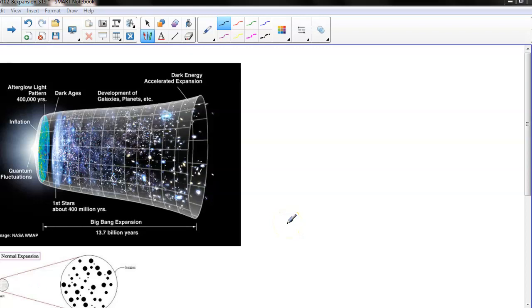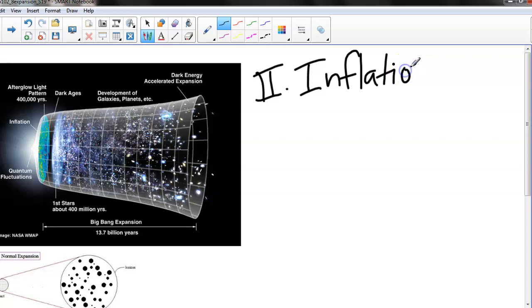So the solution to the problems presented by the Big Bang is the theory of inflation. So we're not actually doing away with the Big Bang theory, but we are adding something very, very significant to it. We are adding this very early, very huge expansion that wasn't predicted by the original Big Bang theory. So inflation is an add-on, and it is a very rapid